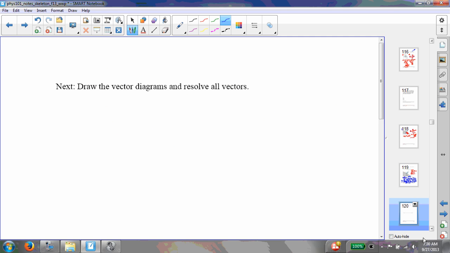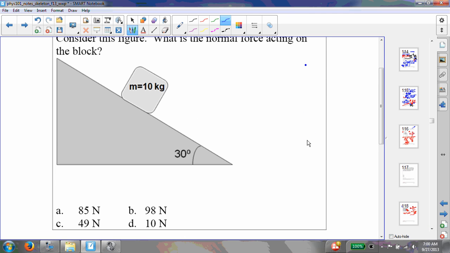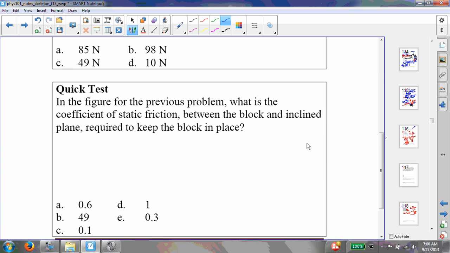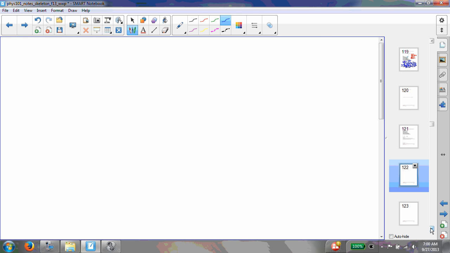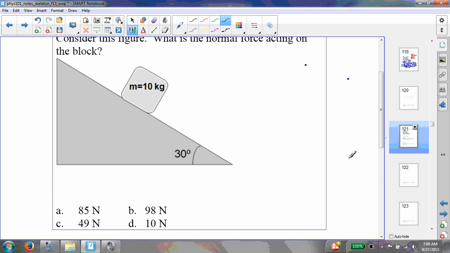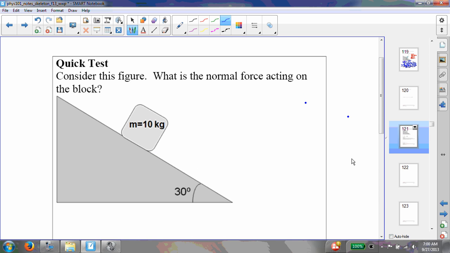You can draw your vector diagrams here. I did that on the previous page. All right, try this quick test. Good quick test. And I believe that is the end of this chapter. When you're doing this quick test, and I'll come back as well when I do the solution, I also want you to consider what would happen if